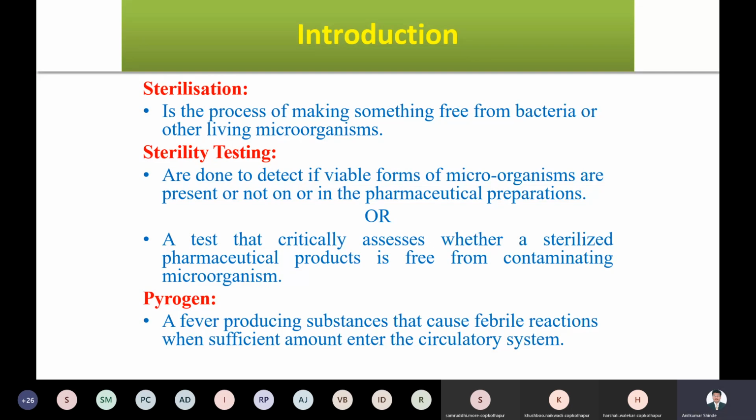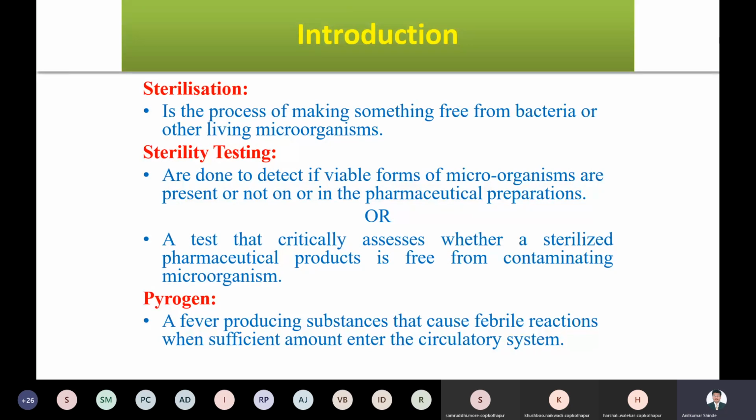Okay, okay. So a pyrogen is one of the non-endogenous products which are present in your injections. If a non-endogenous product is injected into your body, the first reaction of your body is to increase your temperature. Increasing the body temperature above normal may be possible. So why is this test conducted? The different pharmaceutical products should be free from bacteria. Whether your product is free from bacteria or not is tested by sterility testing.